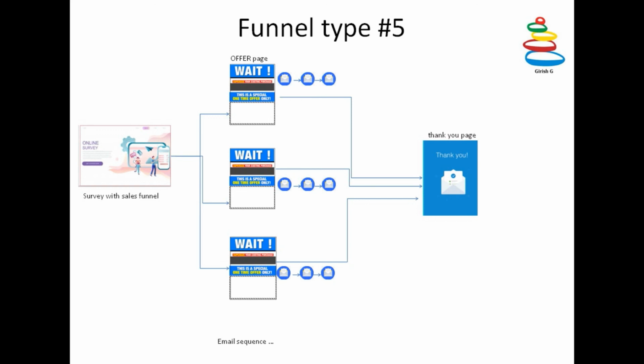Like that, depending on the survey answers you are giving, you will be presented with different offers. And then depending on those offers, the email sequence would be totally different, and you are taken to a thank you page and then given whatever was committed during the initial screen. So these are different types of funnels, and this sequence of different pages which online shopping sites are taking you through is called a sales funnel.